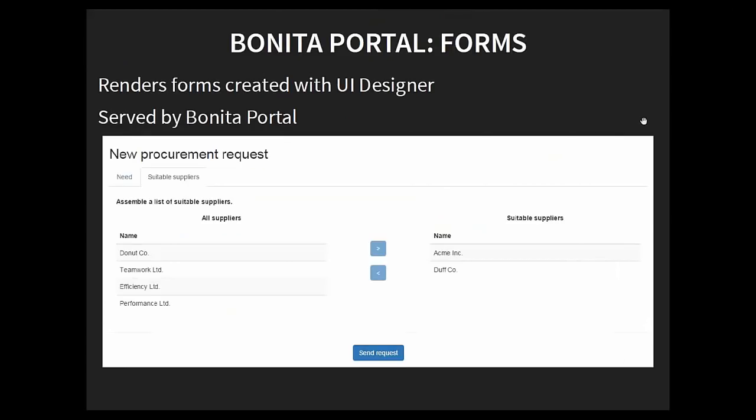Yeah, about the forms. As I told you, the idea is at some point we need some UI to perform some actions from the end user perspective. And we have, again, two main interactions, two main types of artifacts. The first one is the form and the second one is the pages.